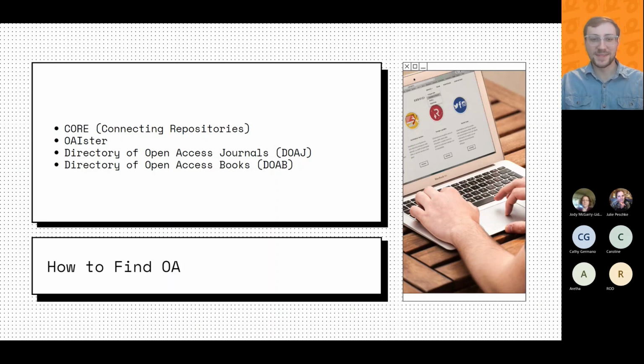I have too many tabs open. There's also the Directory of Open Access Journals, which is called DOAJ. It's an extensive index of diverse open access journals from around the world. And if you're looking for something similar for books, there's DOAB as well. It's a community-driven discovery service. It indexes and provides access to scholarly, peer-reviewed open access books. I will post the link for DOAJ as well if you're interested.